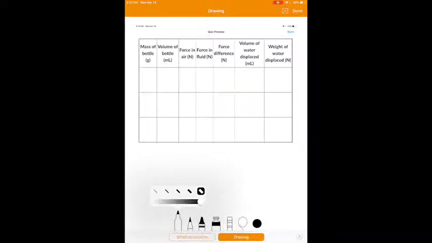Okay, so of all the steps in this lab, the data table is the one that tends to trip students up the most. So I'm actually going to try to walk through it by numbering the columns. The first column, column 1,